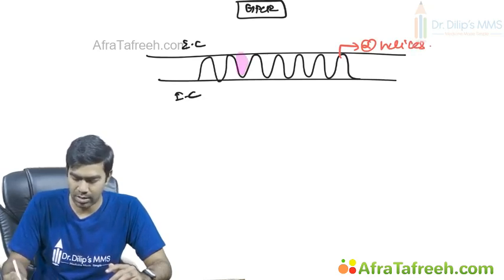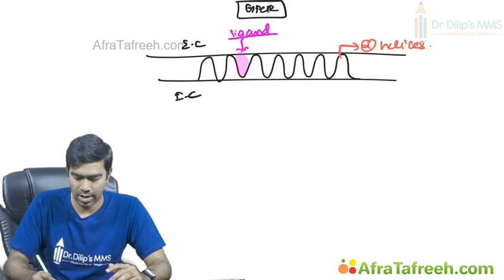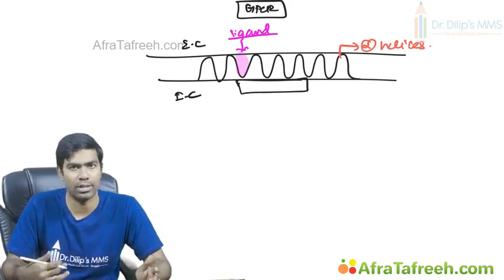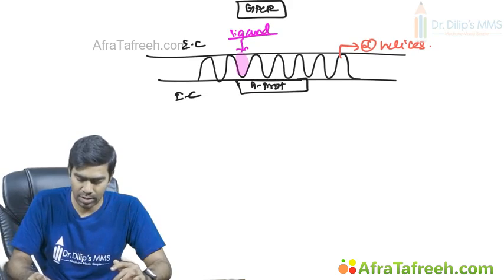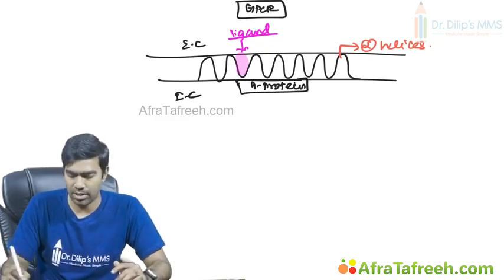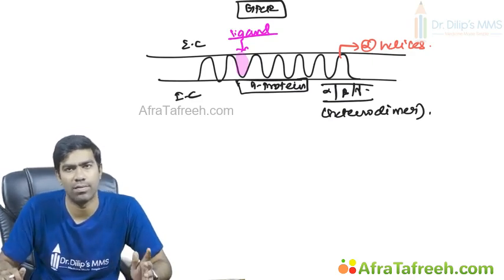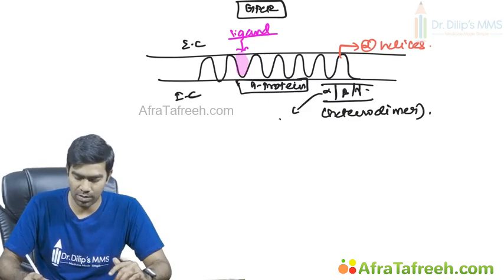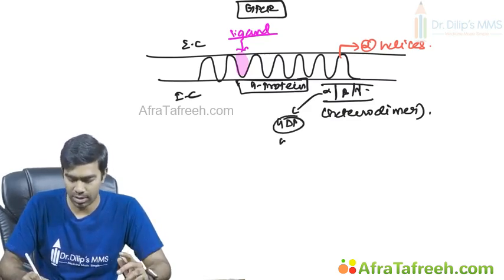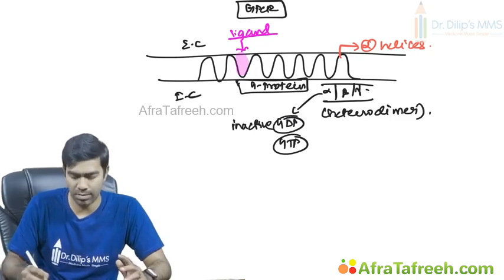Usually the ligand binds to the area in between 2 alpha helices or in between 2 domains, and on the inside of the cell, you have a protein attached to the receptor called a G protein. This G protein has 3 subunits, alpha, beta and gamma, and that's why this G protein is also referred to as a heterotrimeric protein, which means it has 3 different proteins, alpha, beta and gamma. In that, the alpha will always be bound to GDP or GTP. If it is bound to GDP, it's in the inactive state. If it's bound to GTP, it's in the active state.